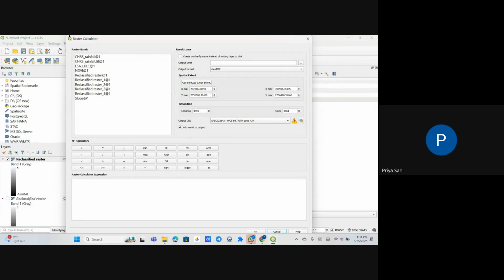ये रास्टर कैलकुलेटर में यहाँ पे ये सब आ गया है ना, रास्टर कैलकुलेटर। हाँ, एट द रेट वन तो वन। कुछ नहीं, आप लेयर पे डबल क्लिक करिए, ये जो लिस्ट दिख रहा है। जो भी आपके फाइनल क्लासिफाइड वाले हैं उसी को लेना है, उसको क्लिक करना है, उसके फिर प्लस करना है, फिर और एक दूसरा लेयर लेना है, ऐसे करना है उसको।